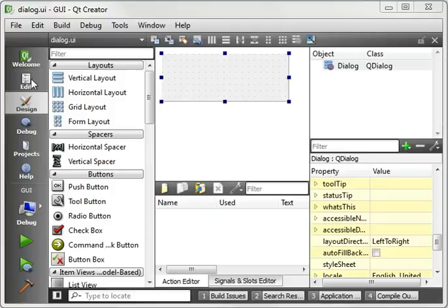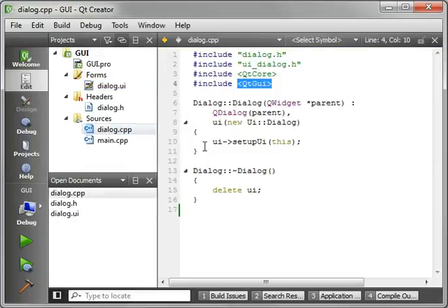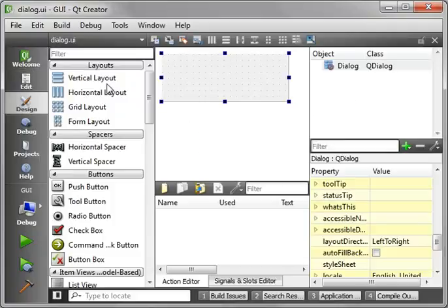Alright, now we're reutilizing our project from the last tutorial, the GUI program, and the only modification I've made is in the dialog.cpp. I've added a reference to Qt Core and Qt GUI, and we're including those just to make it a little easier so we don't have to include them every single time. Now let's flip into our dialog here,